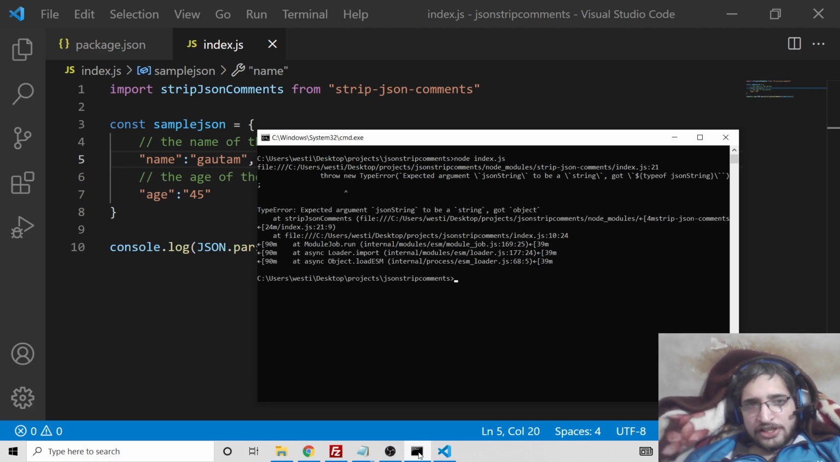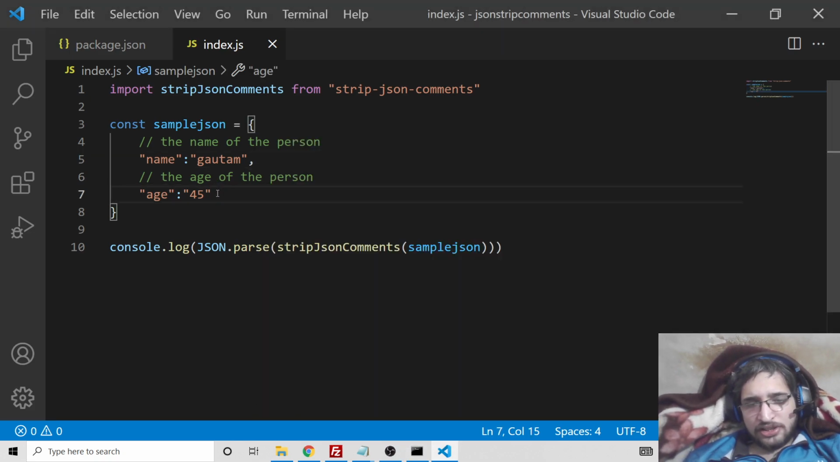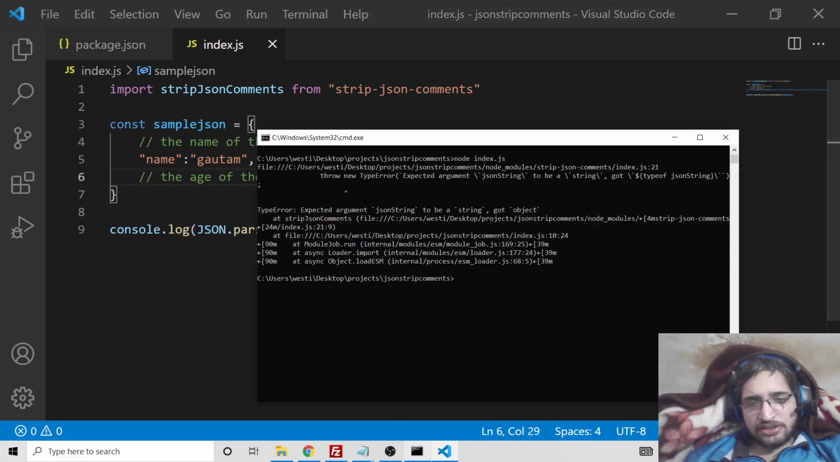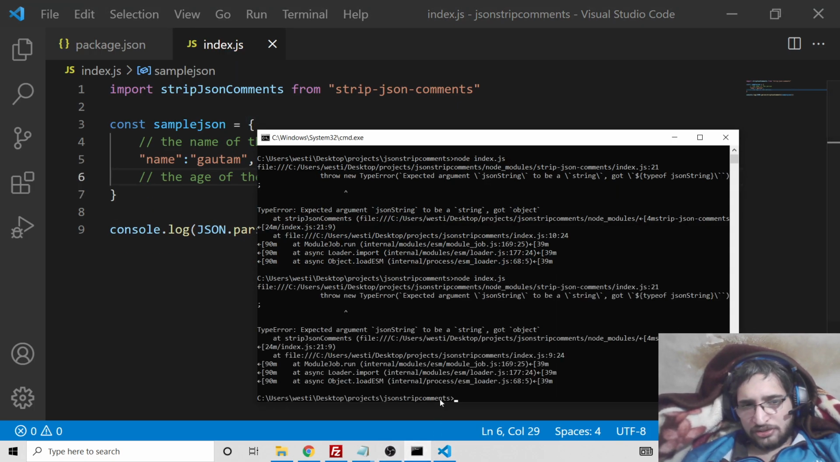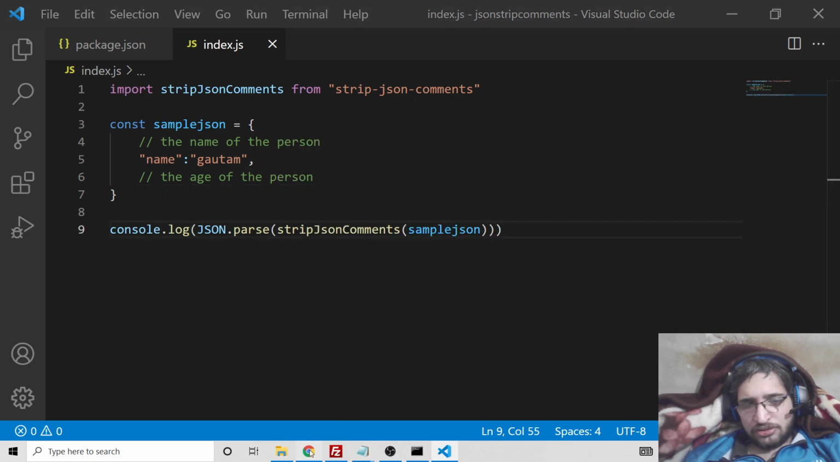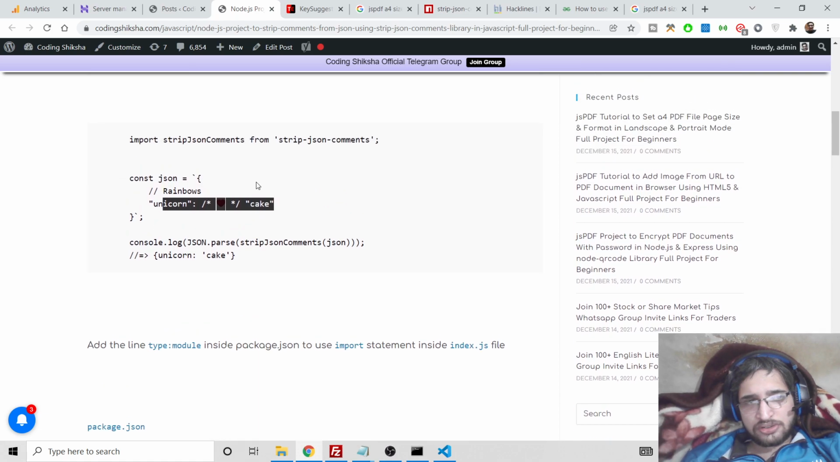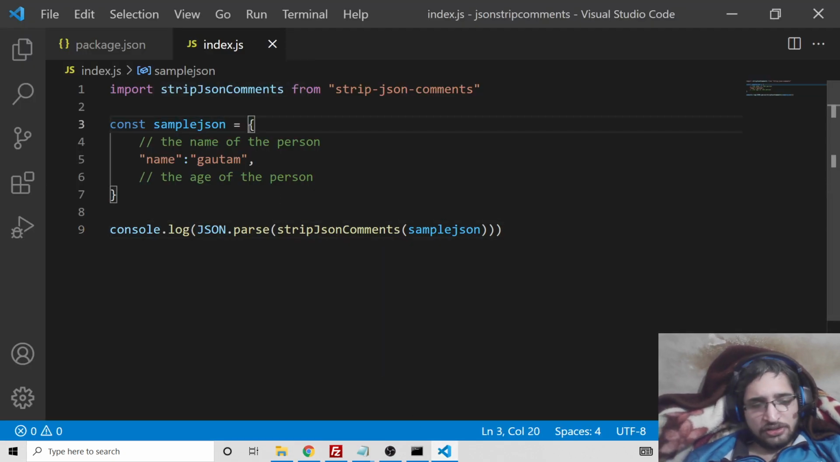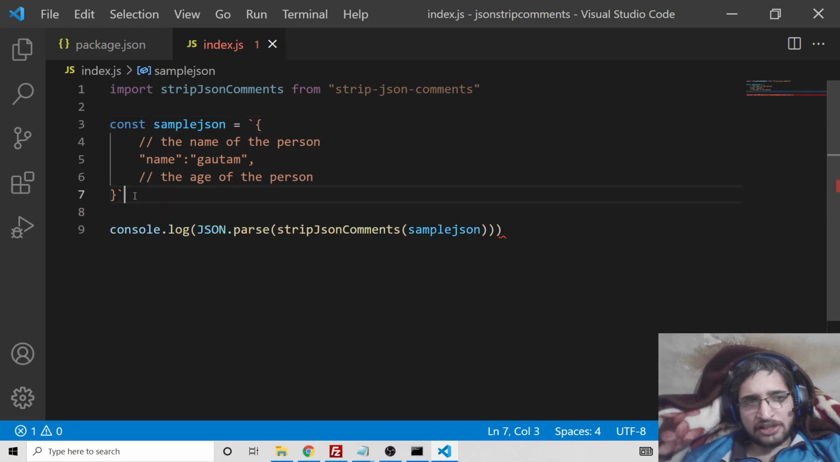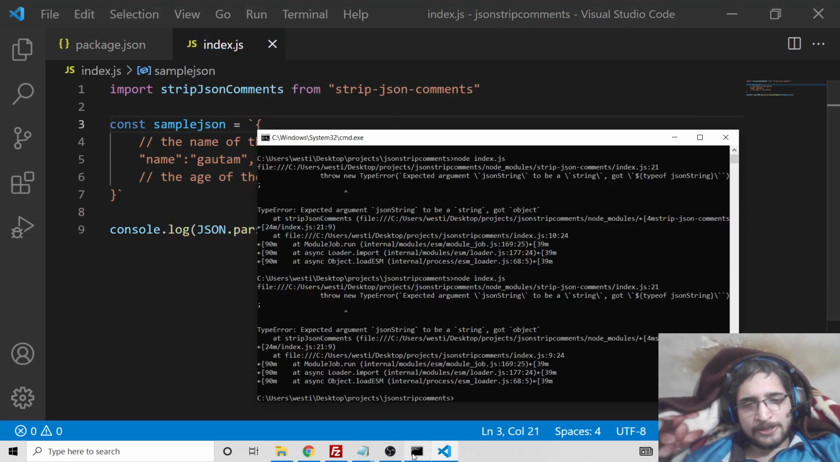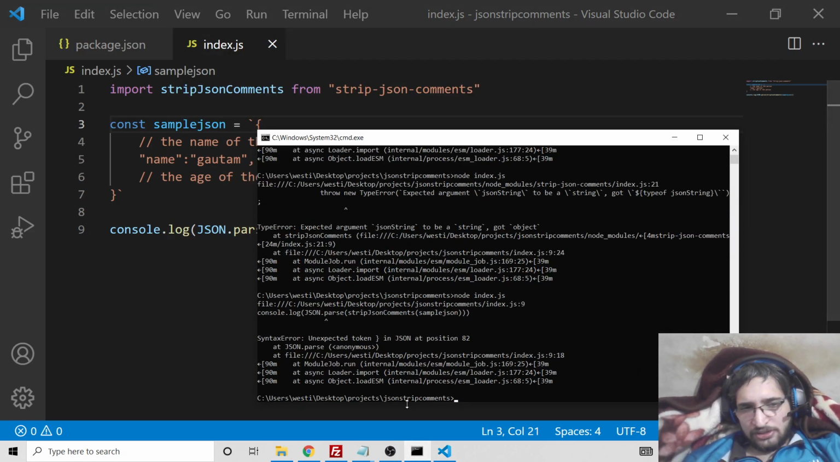Once again, run this. It is again throwing an error. Oh, we haven't put the backtick symbol. Guys, you need to put this backtick symbol here, which makes the JSON string. Just put this backtick symbol here, which allows you to write multiple lines of code. And once again, if you run this,